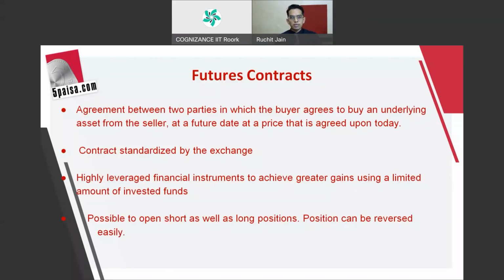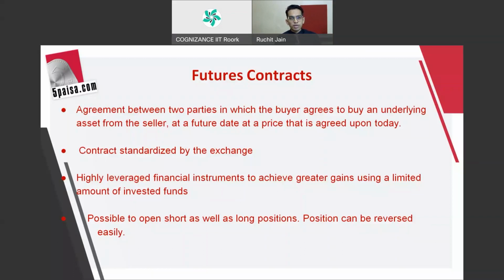Futures pricing depends on the cash market pricing, and even option pricing depends on cash market prices. Futures are contracts standardized by the exchange. The NSE and the BSE standardize the contracts which can be traded by two different parties. In the cash segment, you can buy as many shares as you want. For example, for Reliance Industries, whether you want to buy 5, 10, 15 or 100 shares, you are free to buy any quantity. But in futures contracts, they keep a fixed quantity. For example, 250 shares becomes one lot.